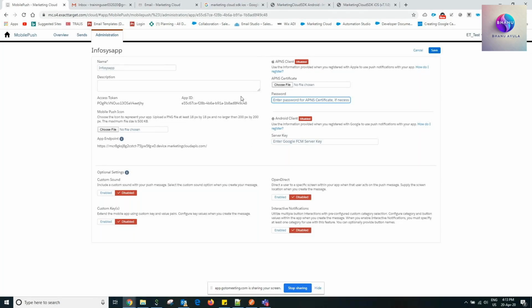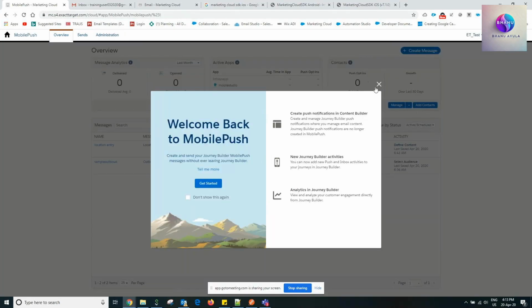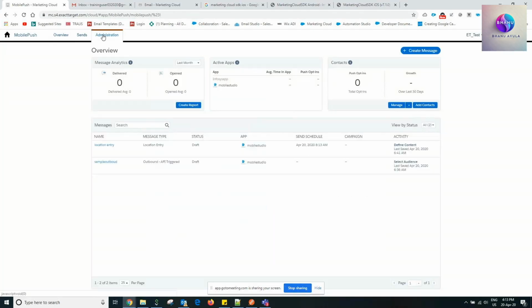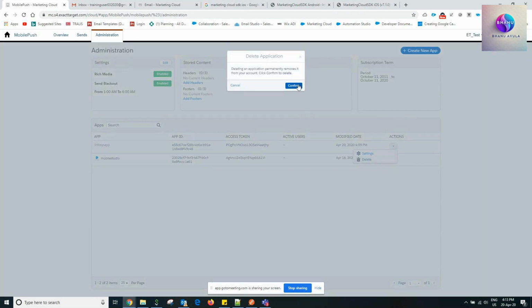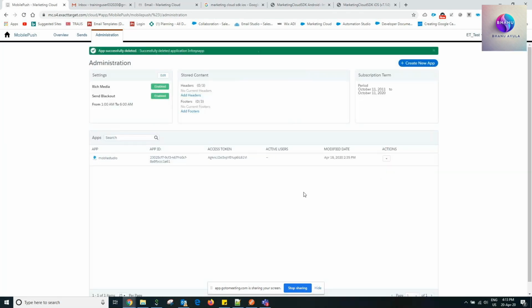So when you want to build here, and they gave me the key and I saved it, my mobile app got activated. So for example, I also activated one now here. Just for your information, if you come to Administration, there is one more app, but this is not completely active. We can delete it, because it needs a server key to get activated. So here, this is one of the apps. If I open this one,